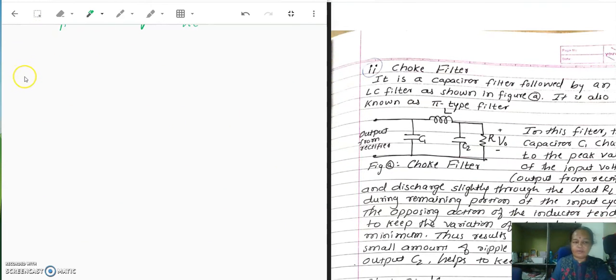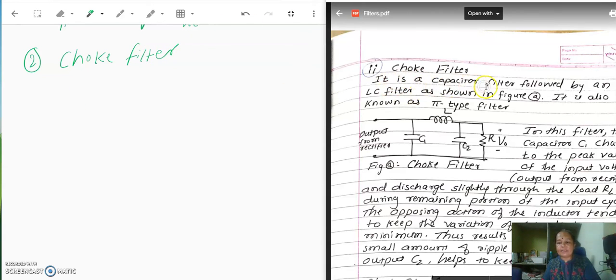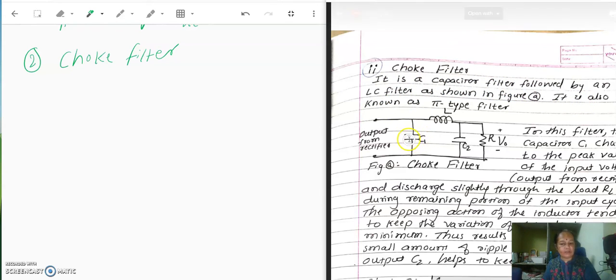So the second filter we are going to see is choke filter. So what is the thing? It is a capacitor filter followed by an LC filter. Capacitor filter we know already, followed by this. Next to this we are just connecting LC filter for additional ripple removal. If at all some AC content is present after the capacitor filter, that is still removed by the combination